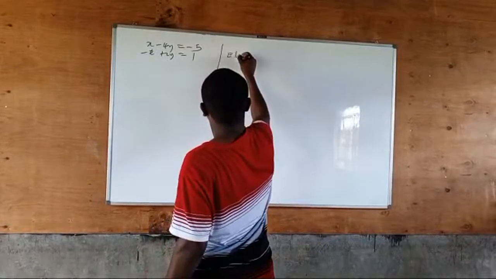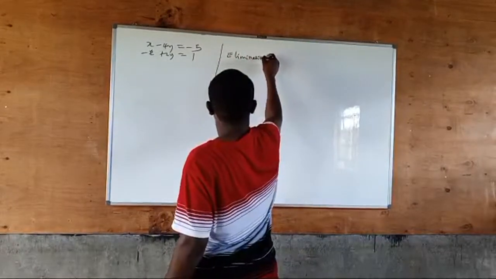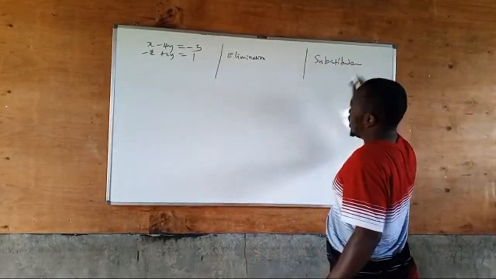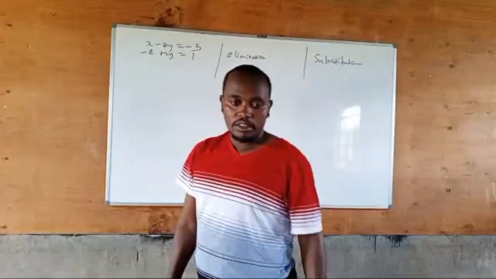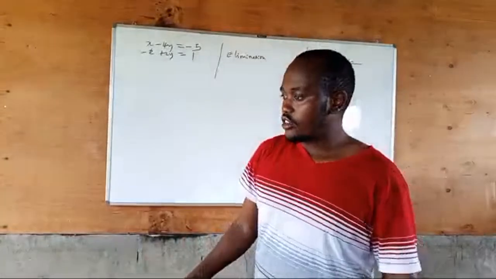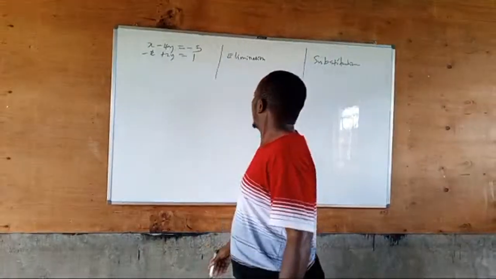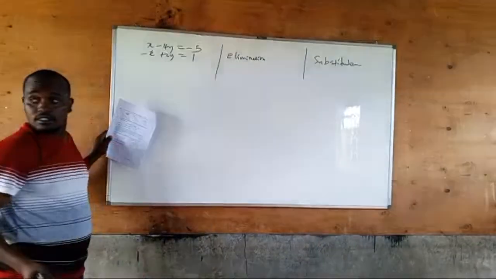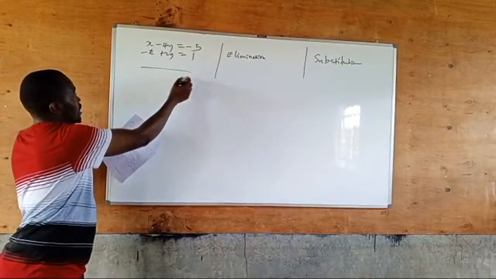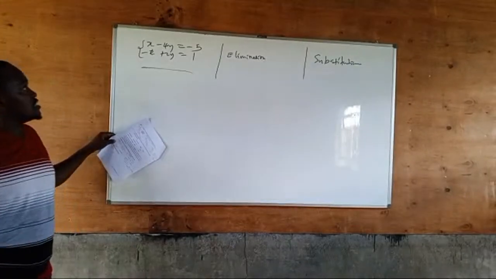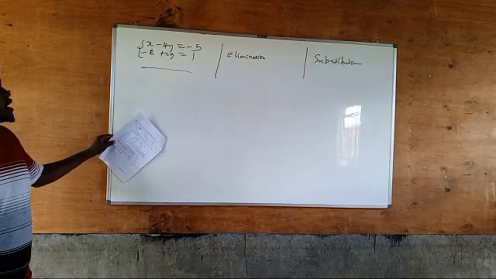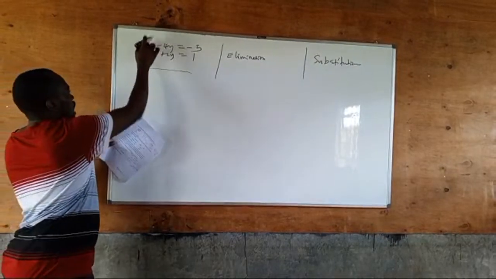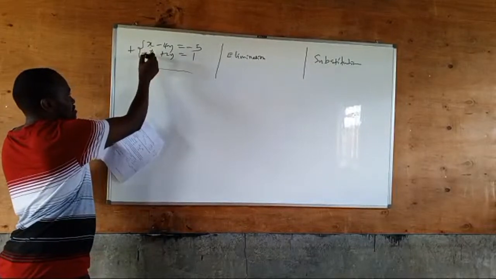So kuna elimination na kuna substitution. Haya, kuna wenye wanaenda form 4. Mnafaa mfanye hiyo na graph na matrix. Haya. So elimination, by elimination tunaanza nayo, you want to eliminate one of these. You want to eliminate maybe x ama y. Hapa kuna x na hapa ni negative x. So ukiadd hizi x plus minus